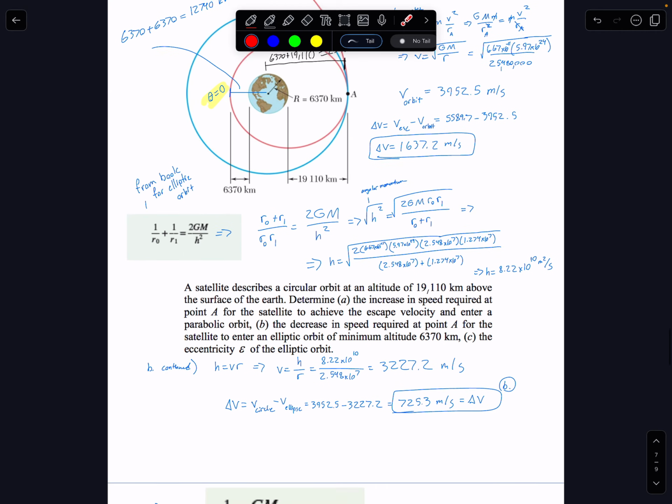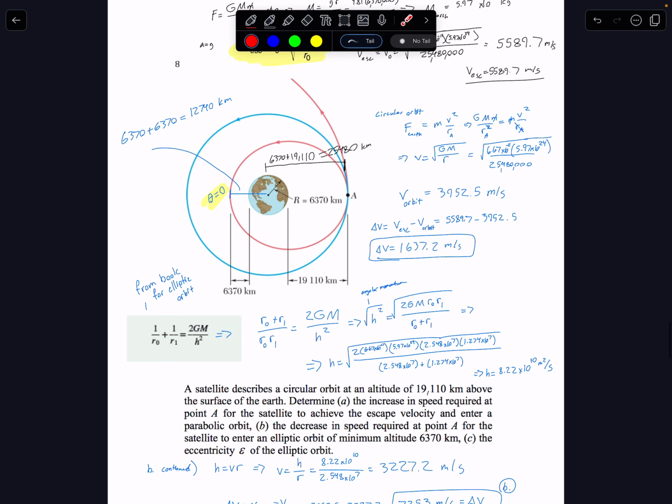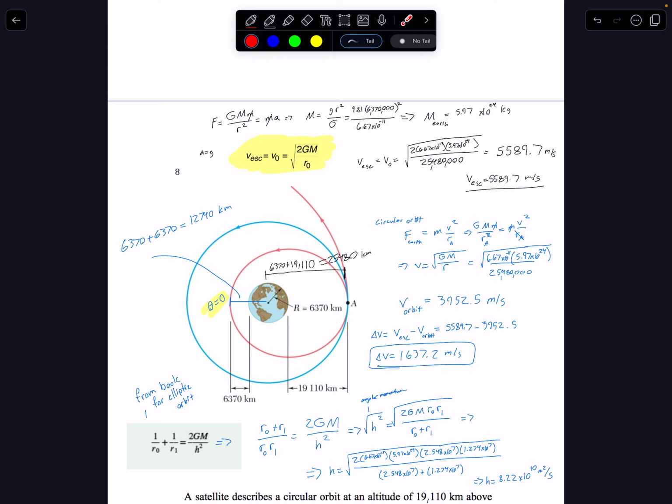Let's see, a satellite has a circular orbit at this point, right here for part A. That was a horrible circle, but circular orbit for part A, and we're looking for what velocity it would need at this point to break away from that circular orbit. So we're actually looking for the increase in speed, so that means we have to find the escape velocity and then see how much it needs to go up from. So first thing we need to do is find its current velocity,